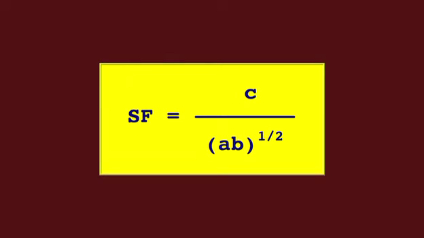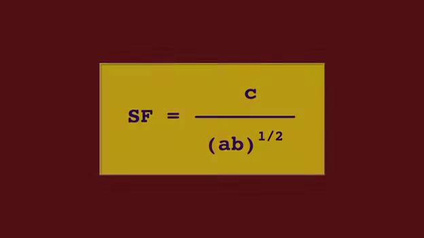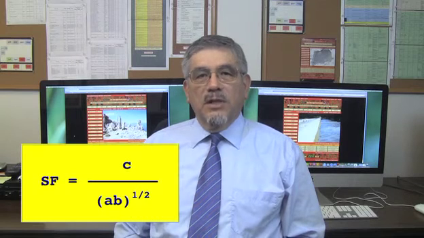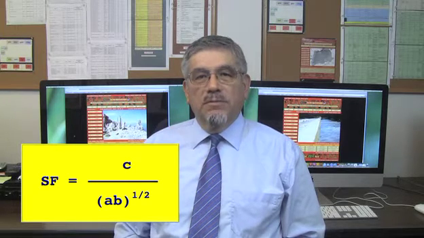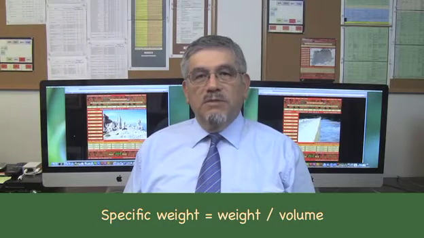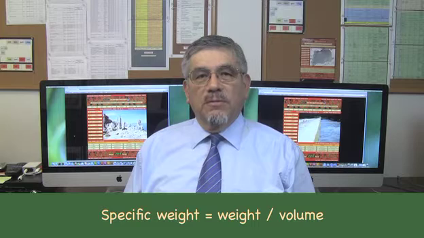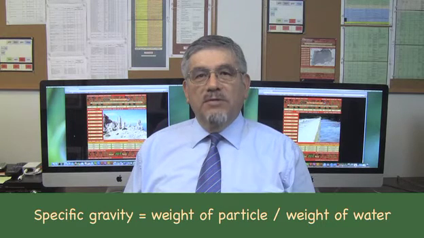The shape factor is often used as an indicator of particle shape. The quantities A, B, and C are 3 orthogonal particle length dimensions. A is the longest, B is the intermediate, and C is the shortest length dimension. Specific weight of a sediment particle is the weight per unit volume. Specific gravity of a sediment particle is the ratio of its weight to the weight of an equal volume of